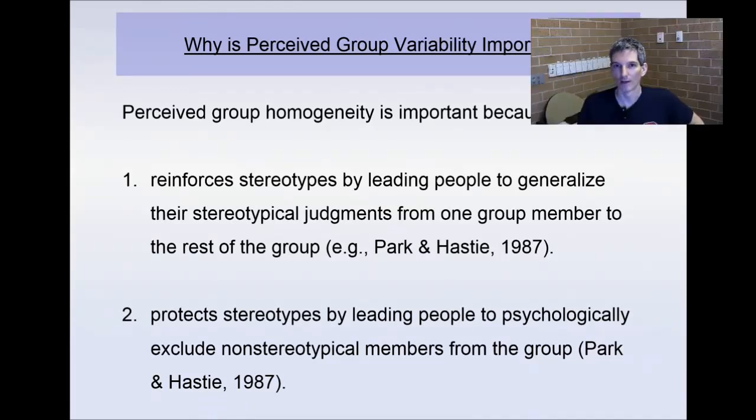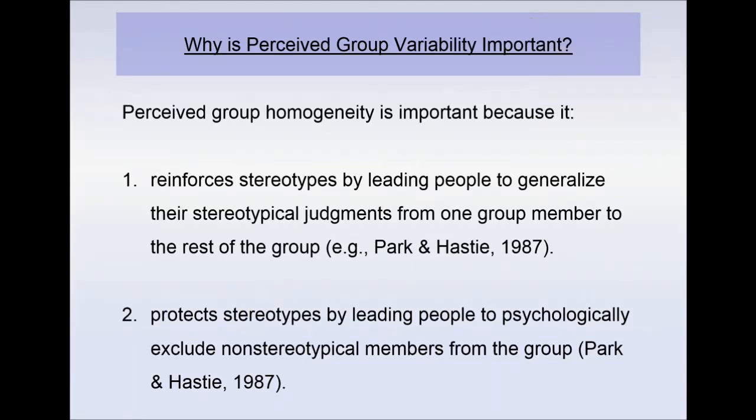So if you consider Edward the Englishman being stereotyped as being reserved. You meet Edward the Englishman, you find out he's a very reserved kind of a character, and you also have the knowledge that all English people are very similar to one another. That would then lead you to predict that if Edward is very reserved and all English people are very similar to one another, then the rest of the English people are also very reserved. So perceived group variability is a way of spreading the stereotype. It enhances, reinforces the stereotype that's occurring there.